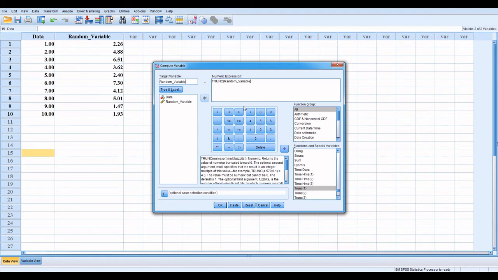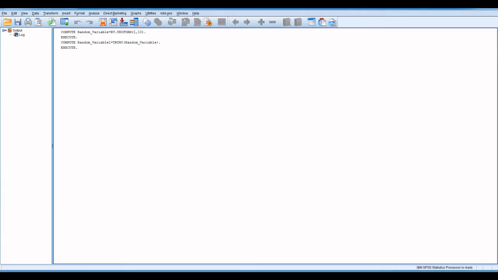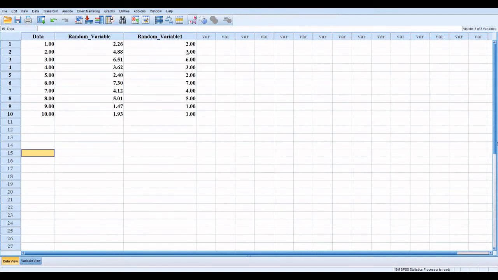I write here random underscore variable 1. Click on OK. This command is also executed, and here your random numbers are in integer, are in whole numbers, means integer shape.